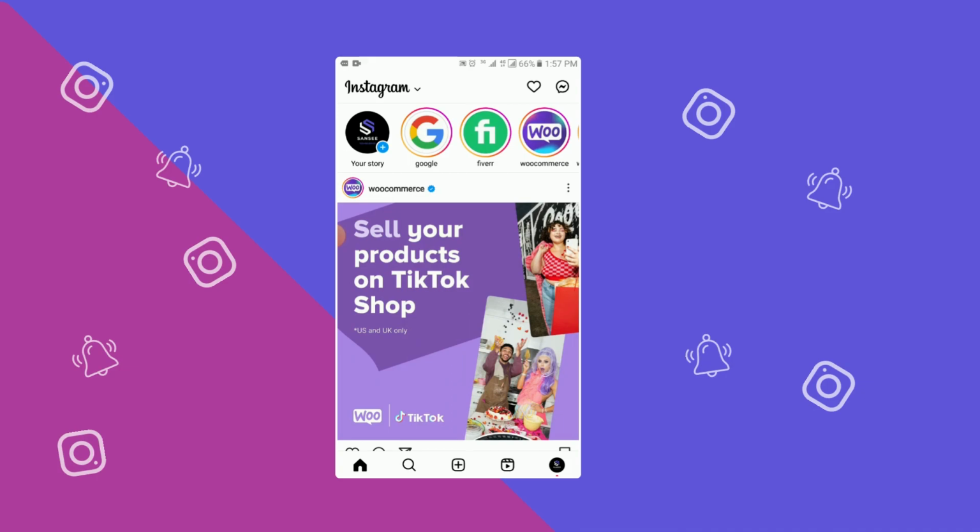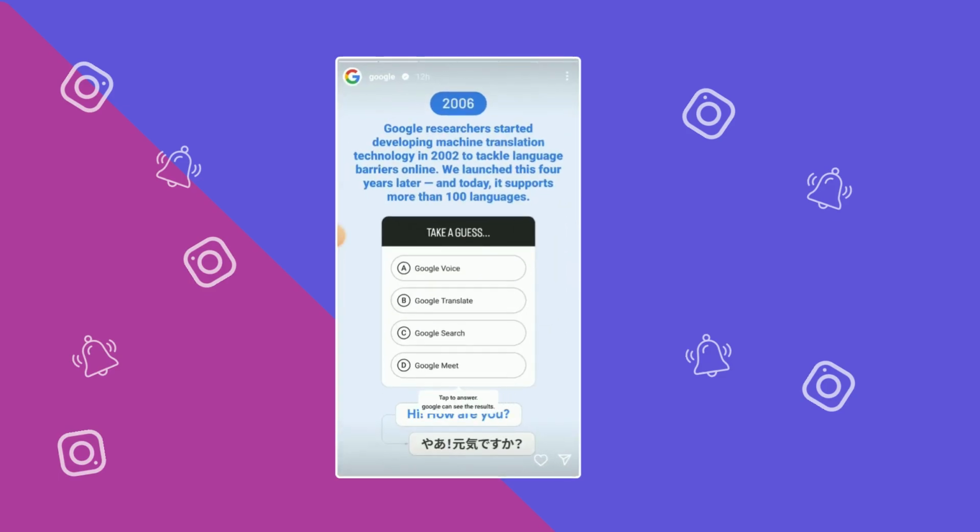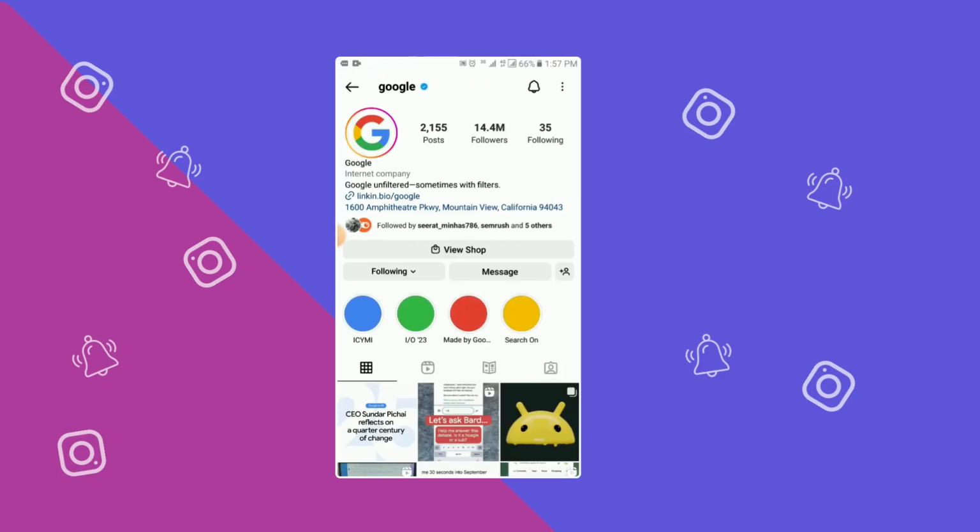So let's start without wasting any time. First of all, you have to go to that profile and turn on their notifications. Just for example, I'll go to Google. Just go to the profile, then click on the bell icon. As you can see